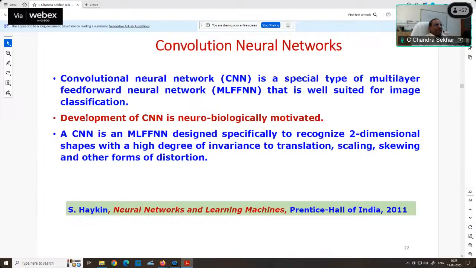And actually, it has been motivated by the neurobiology. And as we'll be seeing quickly, mainly it is recognized to deal with the two-dimensional shapes where there is a lot of what is known as the invariance to the different types of distortions that can occur in the images. The three major types of distortions in the images are what are called the translational variations, the scale variations, and